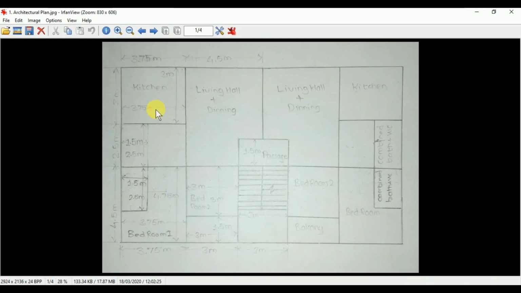Here, for all the different types of room, we need to consider different live loads, because different types of room carry different types of live load. The live load in the kitchen and the hall is different from the live load in the passage. So these are the things that we need to consider as per IS 875 Part 2 1987.